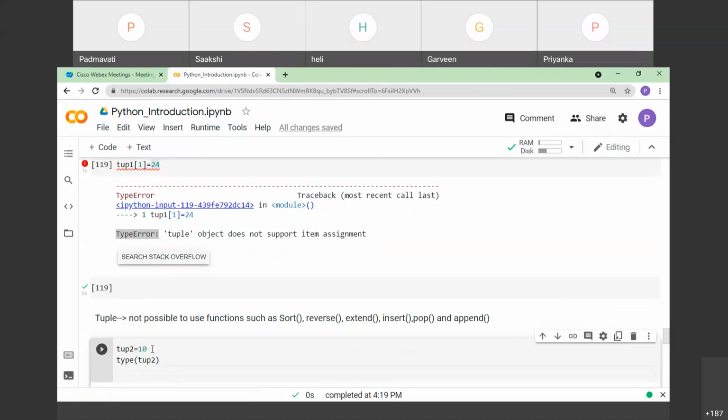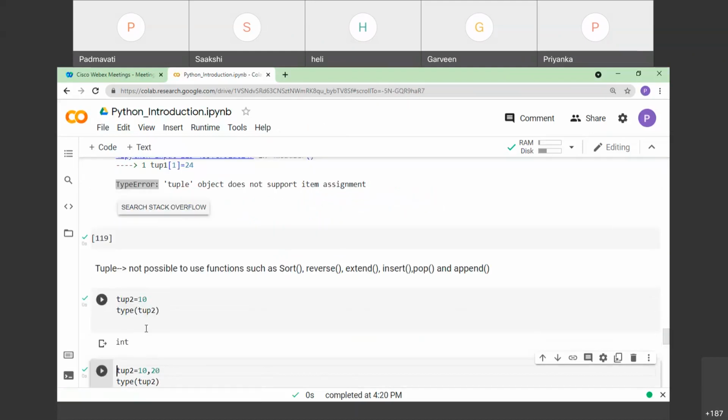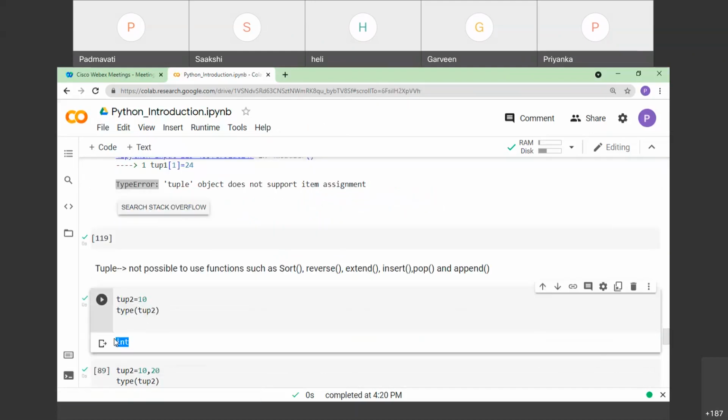So here I have created a tuple, tup2 is equal to 10, and if I check the type of this tup2, it generates the type as integer. Why does it generate integer type? Because here 10 is an integer number.